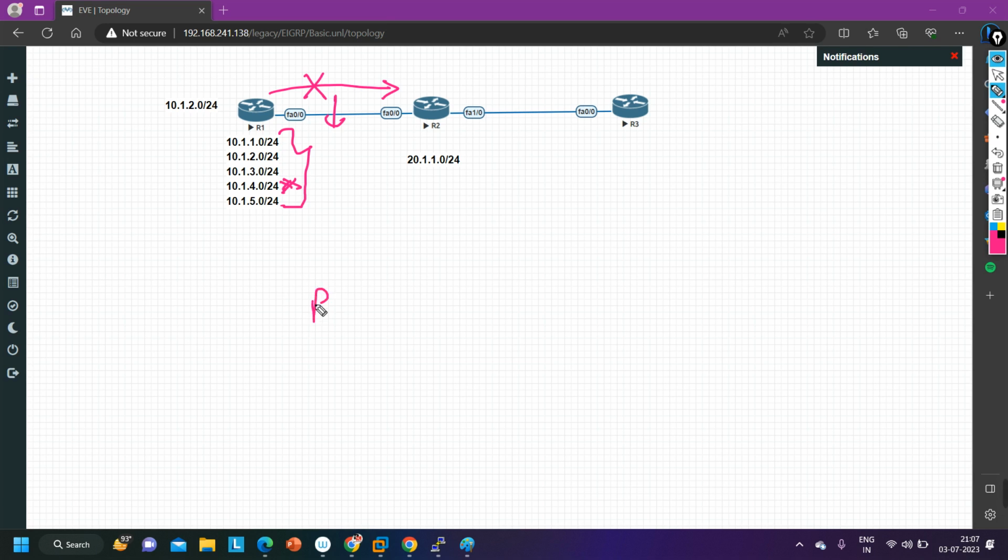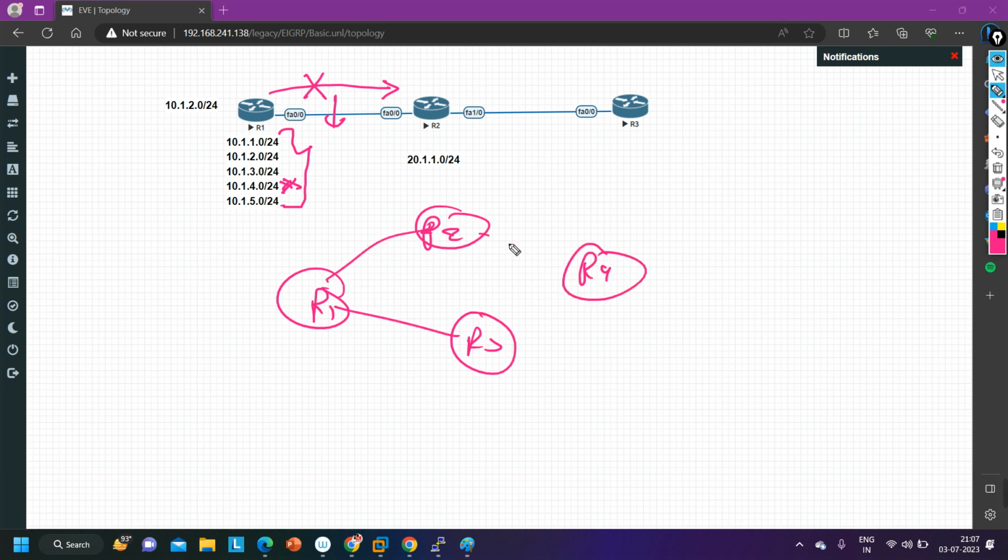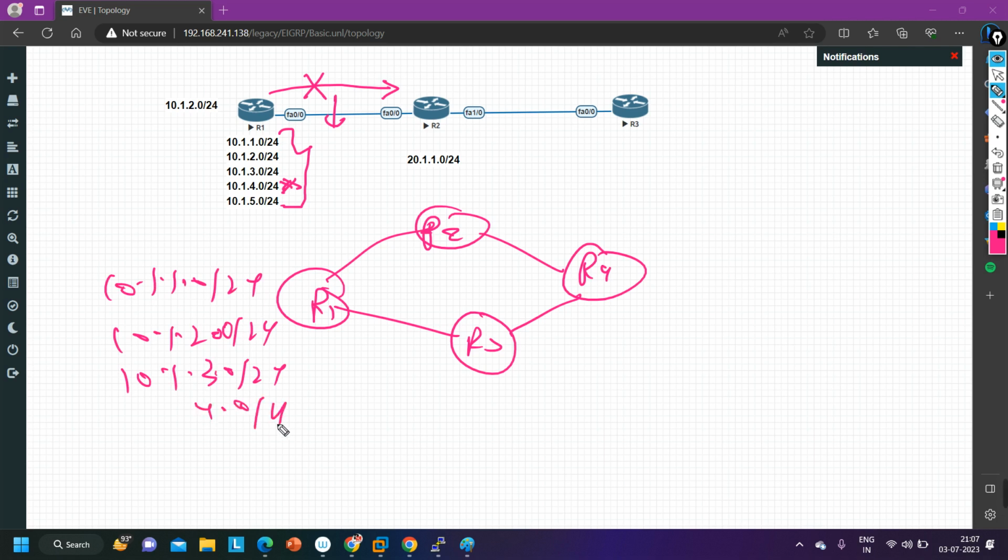Let's say I have a topology like this: R1, R2, R3, and R4. Let's say same here, R1 is advertising these networks: 10.1.1.0/24, 10.1.2.0/24, 10.1.3.0/24, 4.0/24, and 5.0/24 over here, right?